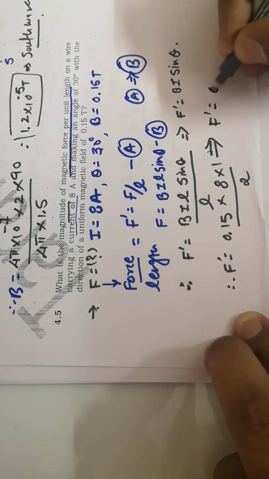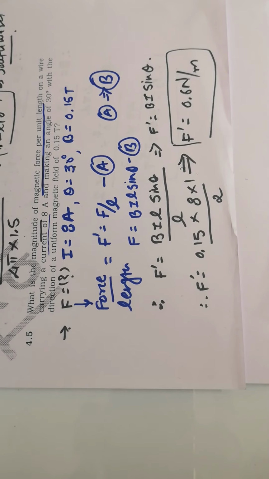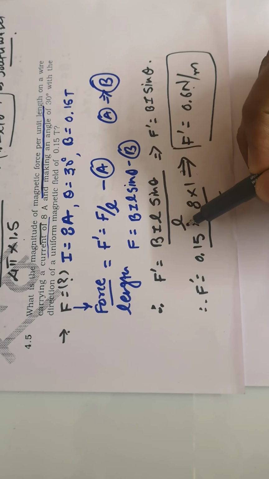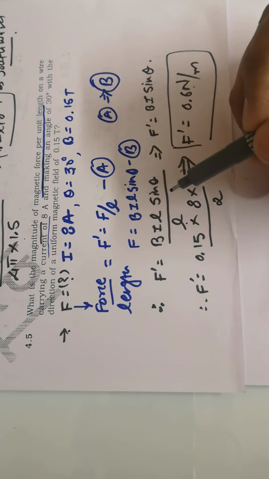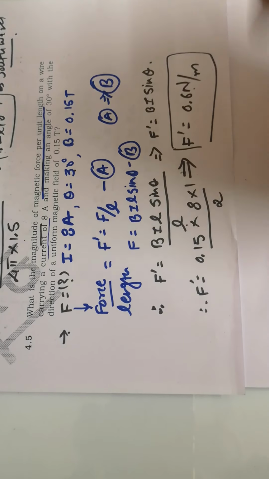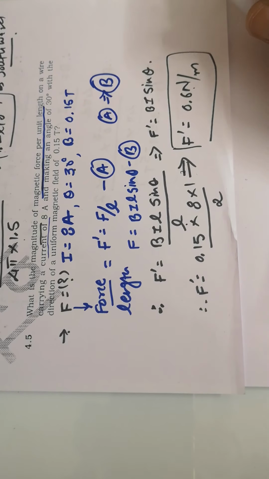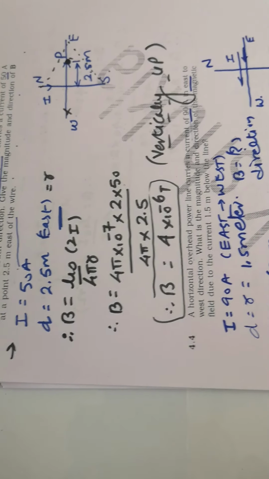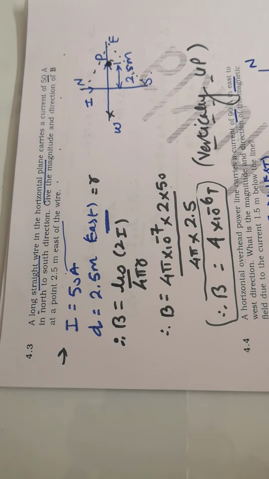Be careful whenever you are solving examples, because right now they have asked you to find the force per unit length. Whenever you have a force per unit length, it means they want Newton per meter. If they have asked you to only find the force, then the unit would be Newton, and there is no need to put L in the denominator. So be careful what they have asked. Sometimes they give you the length, and they want force per unit area or maybe unit volume.